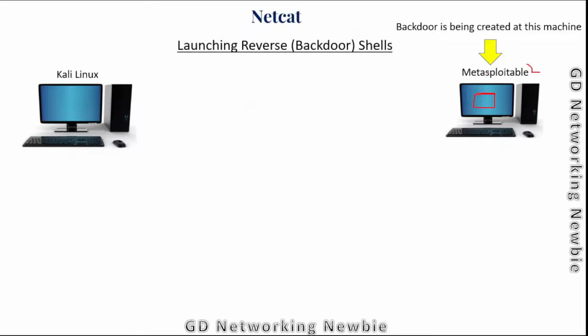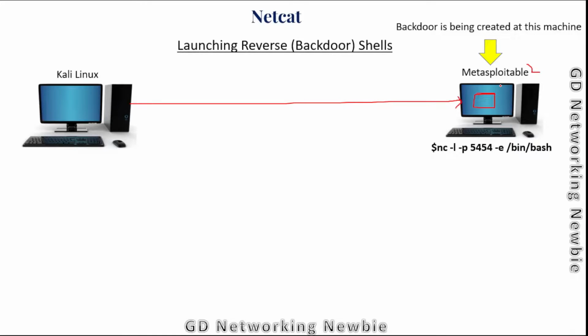And here we can consider this as a victim machine. We are creating a backdoor here. Backdoor means, for example, we want to control this machine from this Kali Linux machine. We want to issue maybe some commands. This Metasploitable machine will be under the control of the Kali Linux machine when we are able to create a backdoor